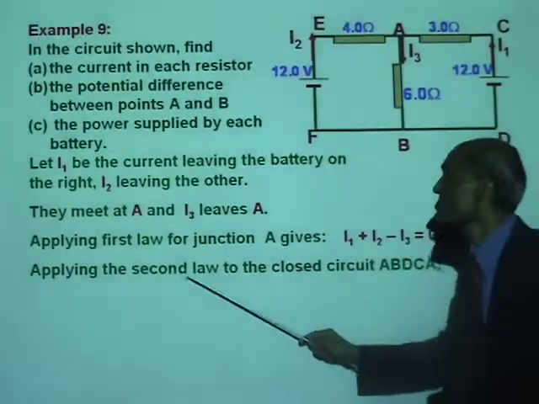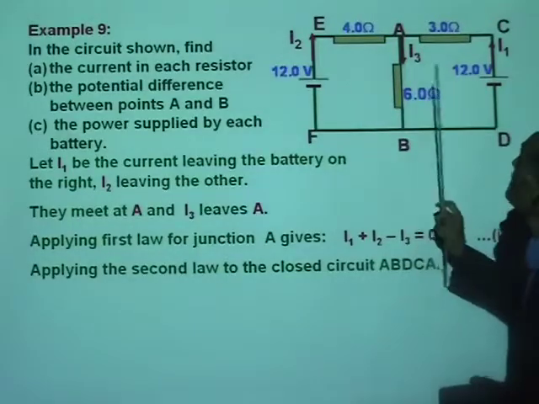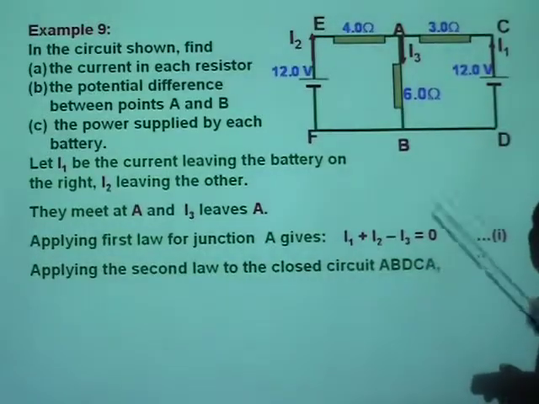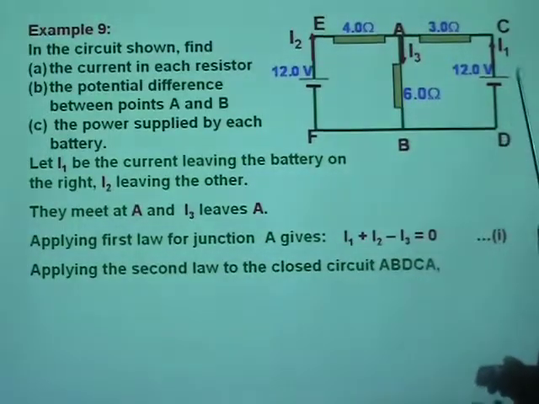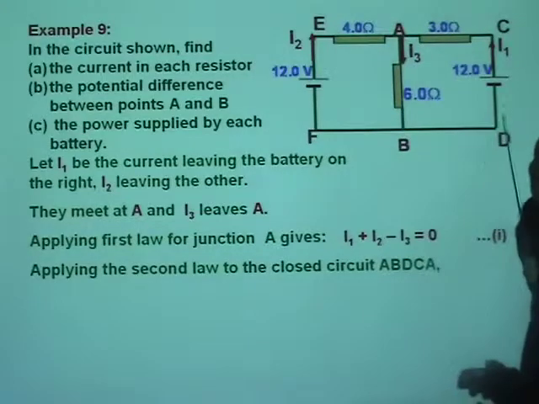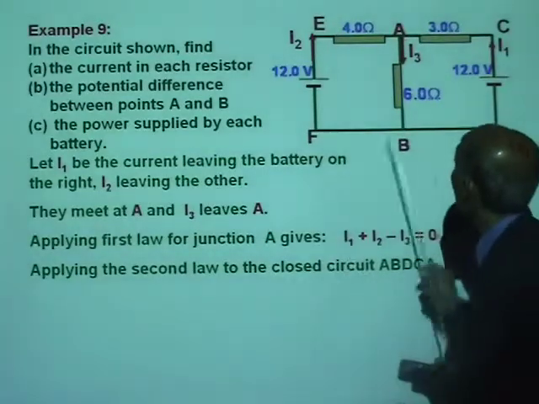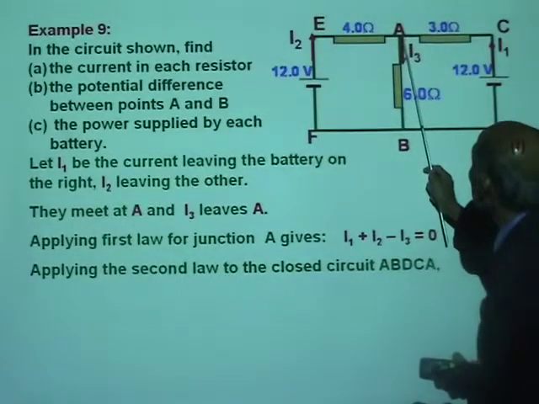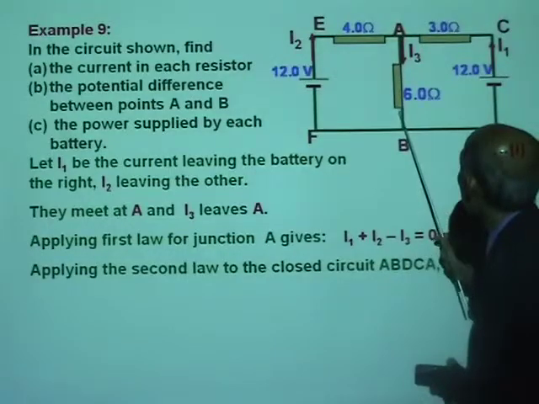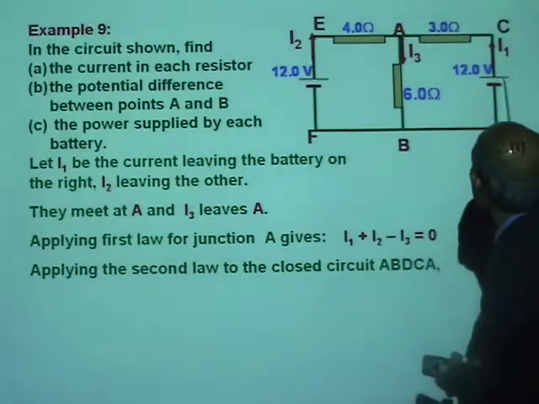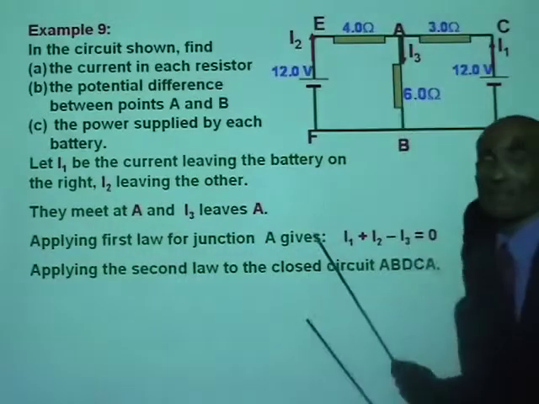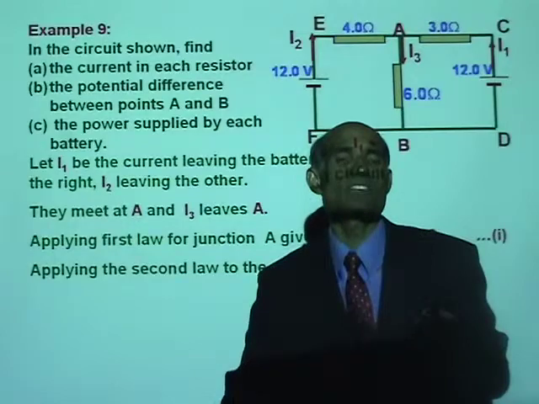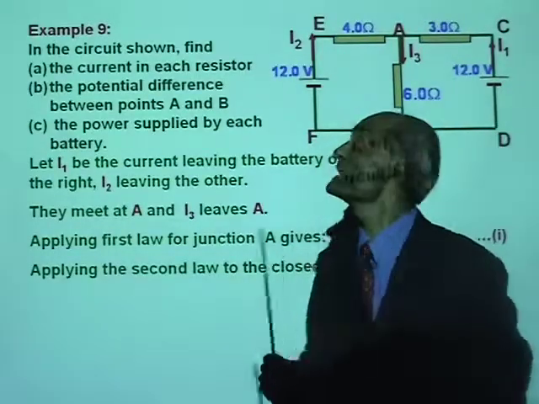Now let's apply the second law to the closed circuit. What's the closed circuit? A, B, D, C, A. Can you now write down an equation for that? Now the loop is traced out in the same direction as I3, is that right? And the same direction as I1. That means the directions of I3 and I1 are the same as the direction of the loop A, B, D,